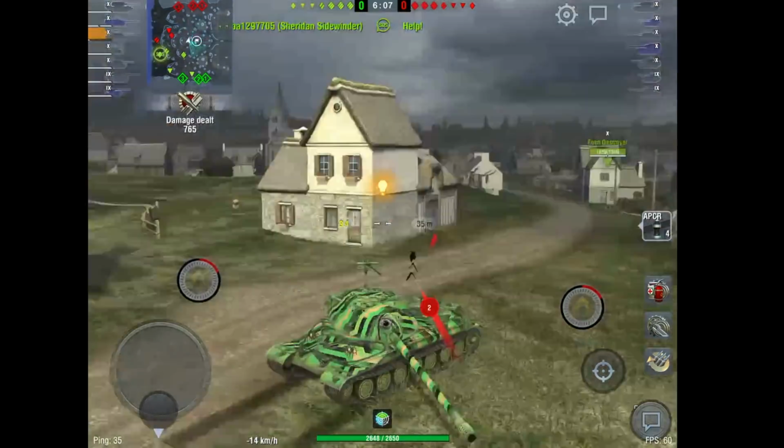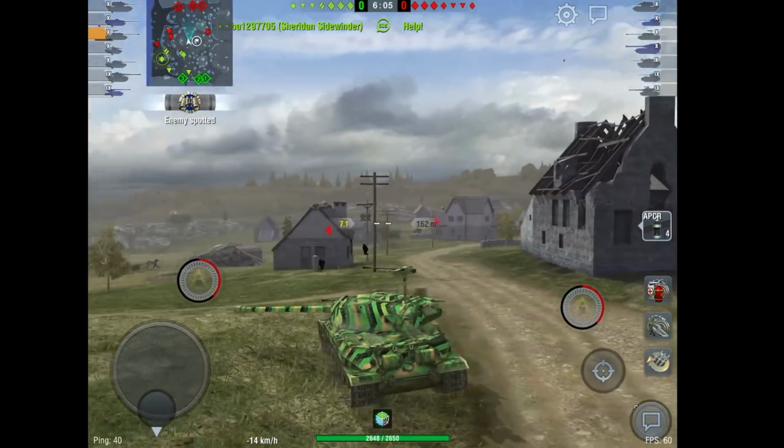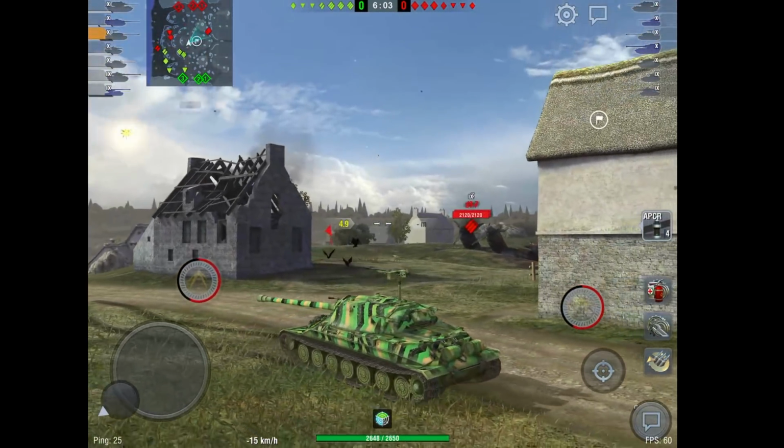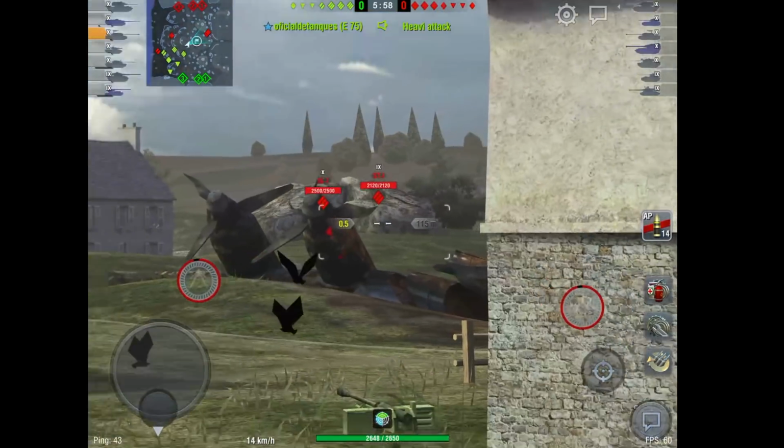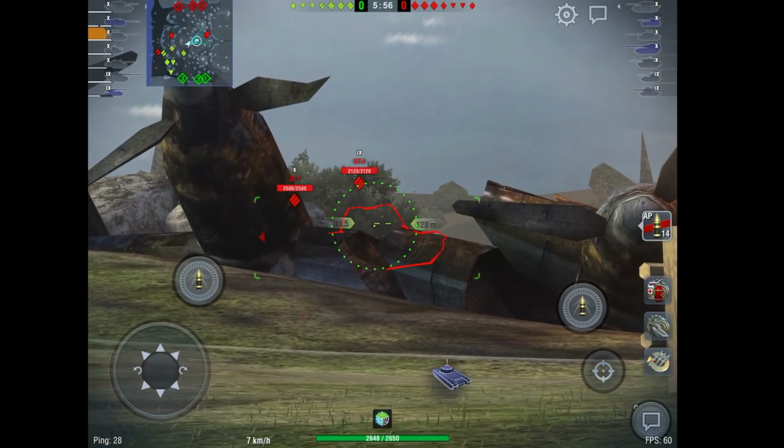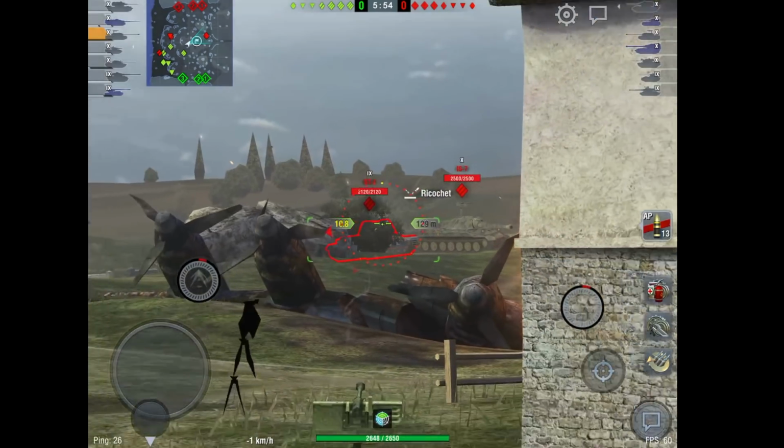Oh, yeah, that's 2 damage. That one, she's a herder. Okay, so let's back up here. I don't want to be hit by enemy tanks. We got that 183 still probably back there. And we got the ST-1 off to the side over here. So let's aim it on this ST-1. I know he's got the stock turret, so...